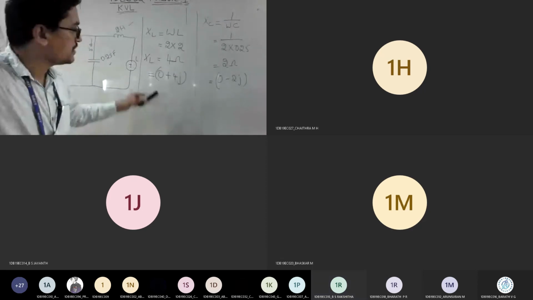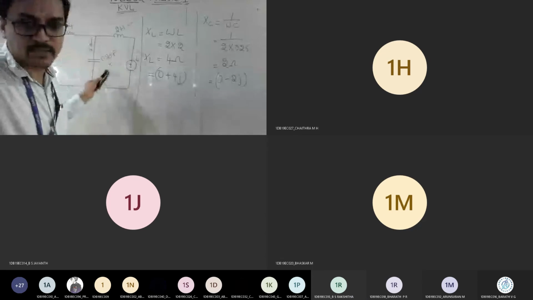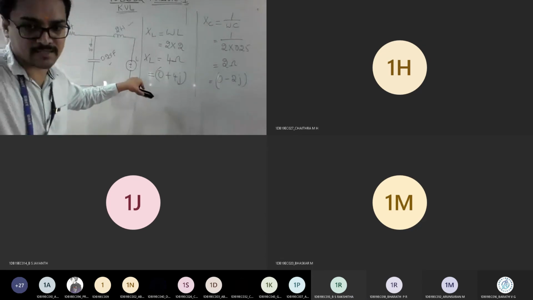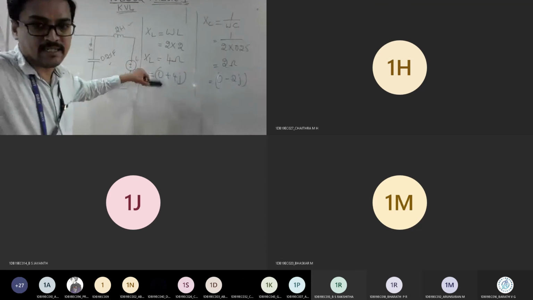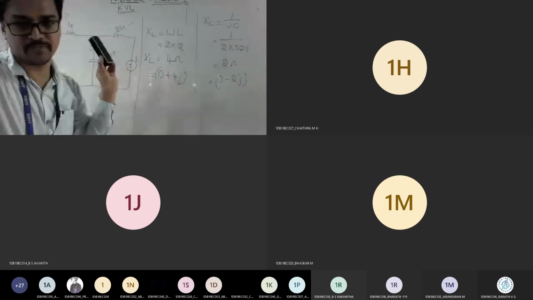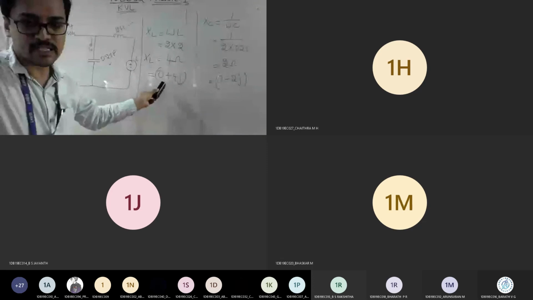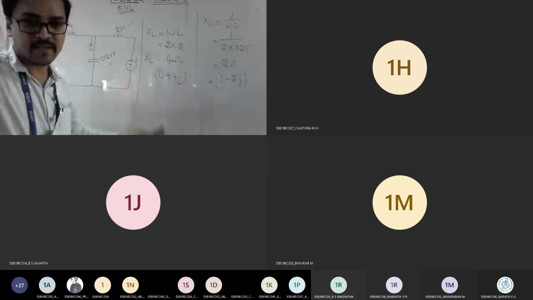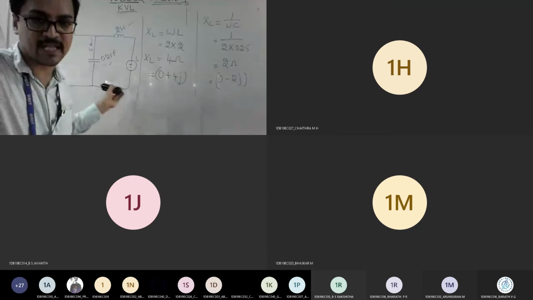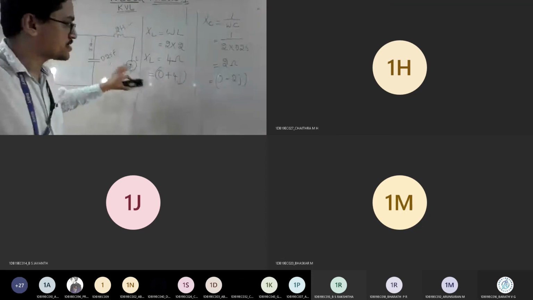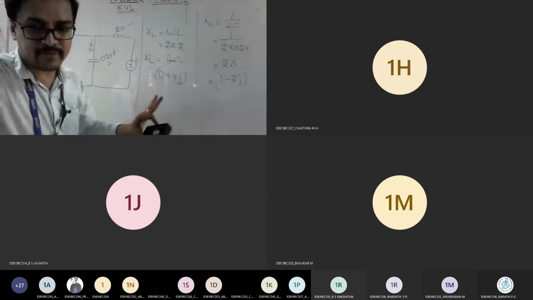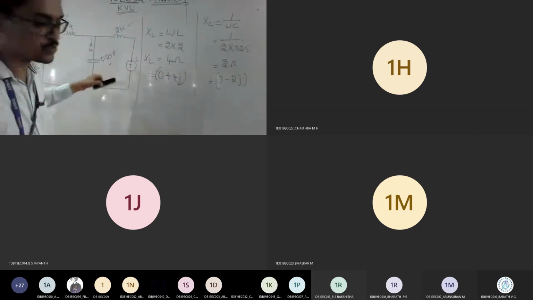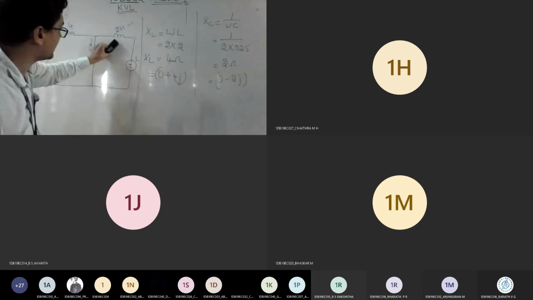Yes, sir. See, converting this given network in terms of an equivalent for mesh analysis itself is a task. If you're able to get this, then the remaining procedure is the same. So this is for a 12 marks question. You can expect till here it is 4 to 5 marks. Then the remaining 5 to 7 marks is for the next analysis part. Once you find all this, don't right away apply your mesh analysis, because I need to replace my circuit first. So replace the values in the network.